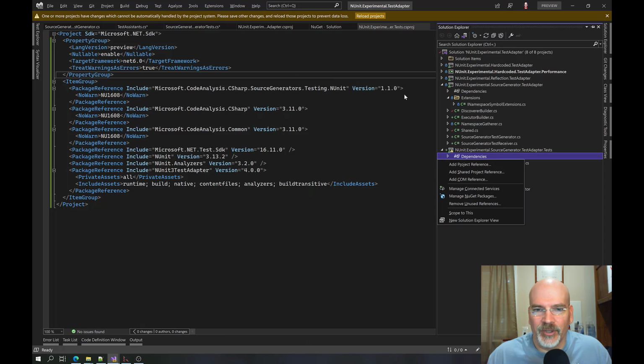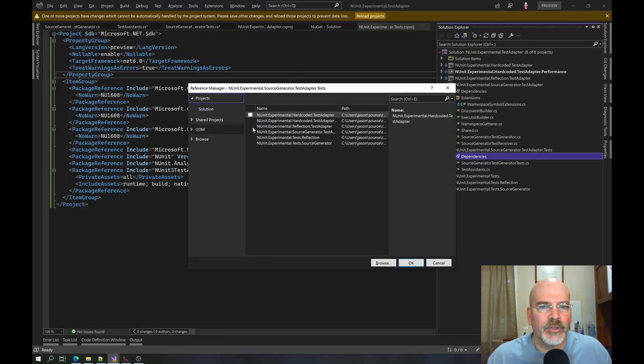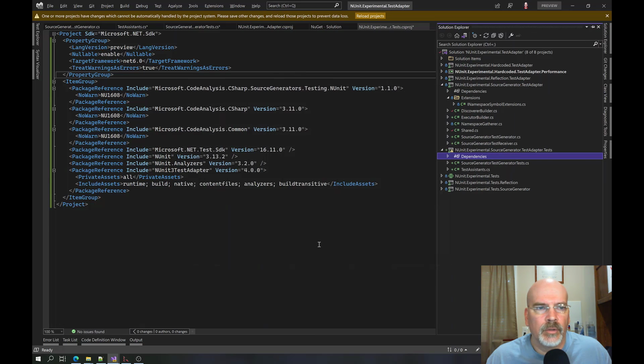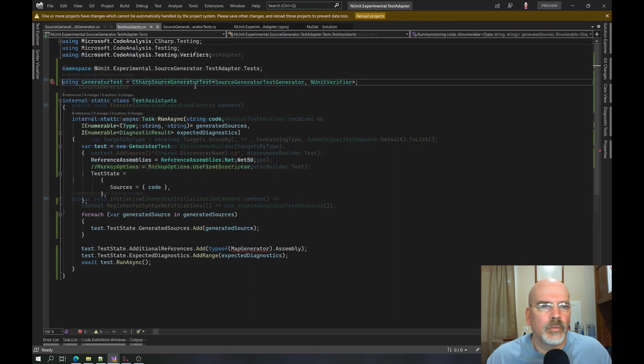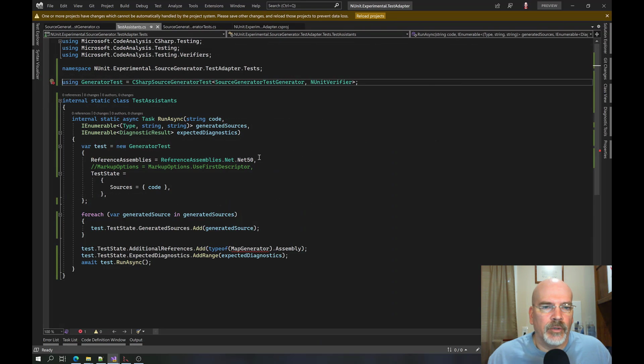I keep breathing. Yeah, I thought I said add project reference. I thought I did that. Source generator test adapter. There we go. Okay, now this should work. Yes, it does. Okay. All right. Good, good, good. Let's get rid of this because,